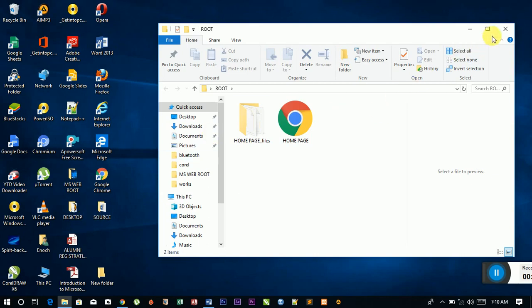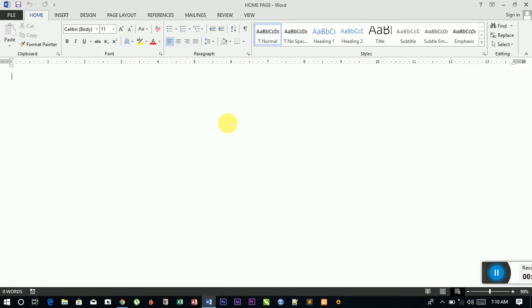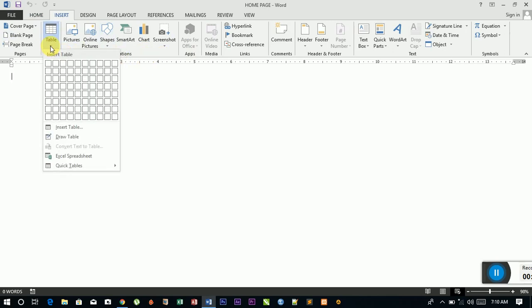Alright, so let me close it and then continue with Microsoft Office Word. With the layout, we are going to use tables. So how do you get tables in Microsoft Office Word? Go to the Insert tab. In the ribbon, locate table. Here it is. Click on table, and from the presets choose